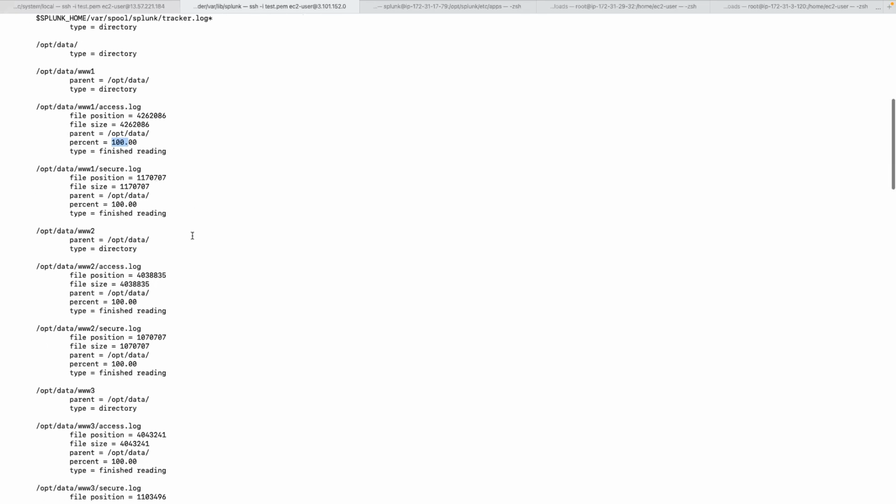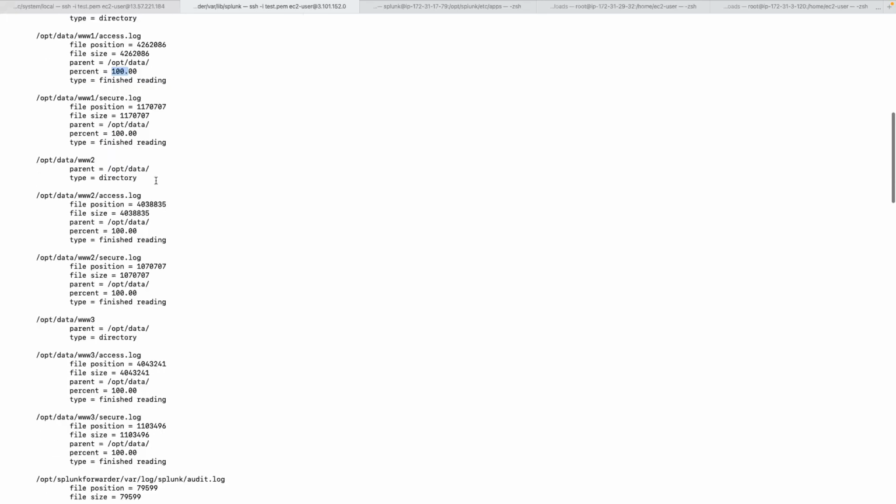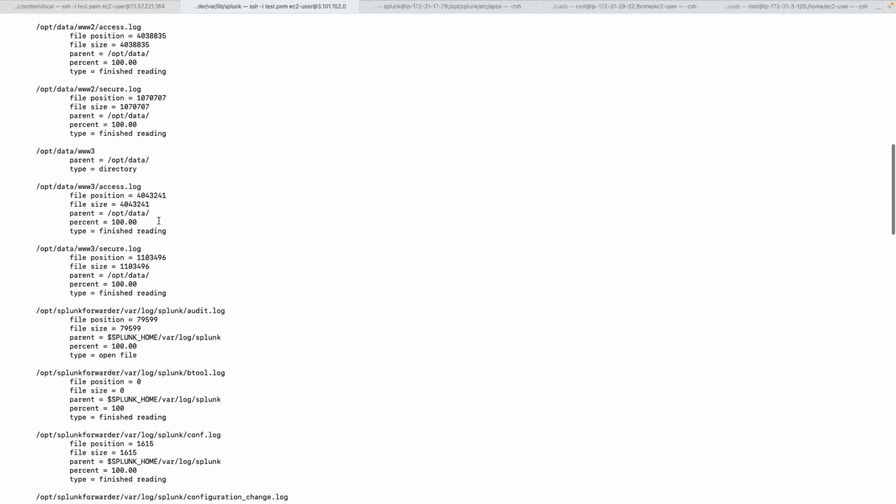So if it had read just part of the file, you will see here. If it didn't read the file, if it was a permission issue, it would show you that here. Or if maybe the whitelist that you set did not match, it would show you that here. So this is important. It shows you all the file, what kind of folder it is, what file, and everything,